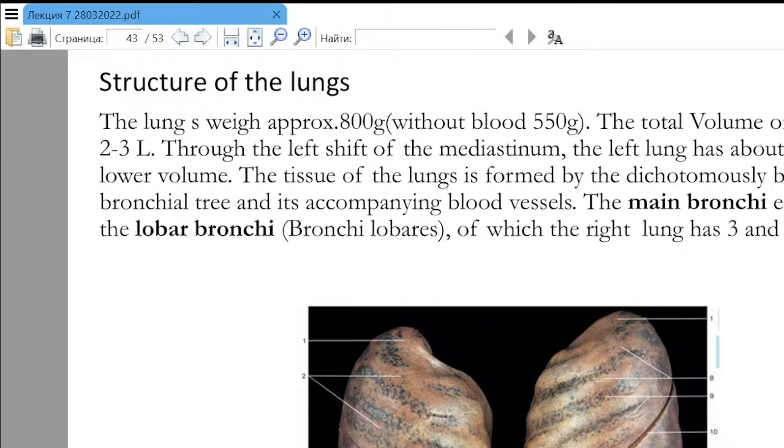The lung weighs approximately 800 grams. The total volume of the lungs is 2-3 liters. The tissue of the lung is formed by the dichotomous branching bronchial tree and its accompanying blood vessels. The main bronchi each divide into lobar bronchi,